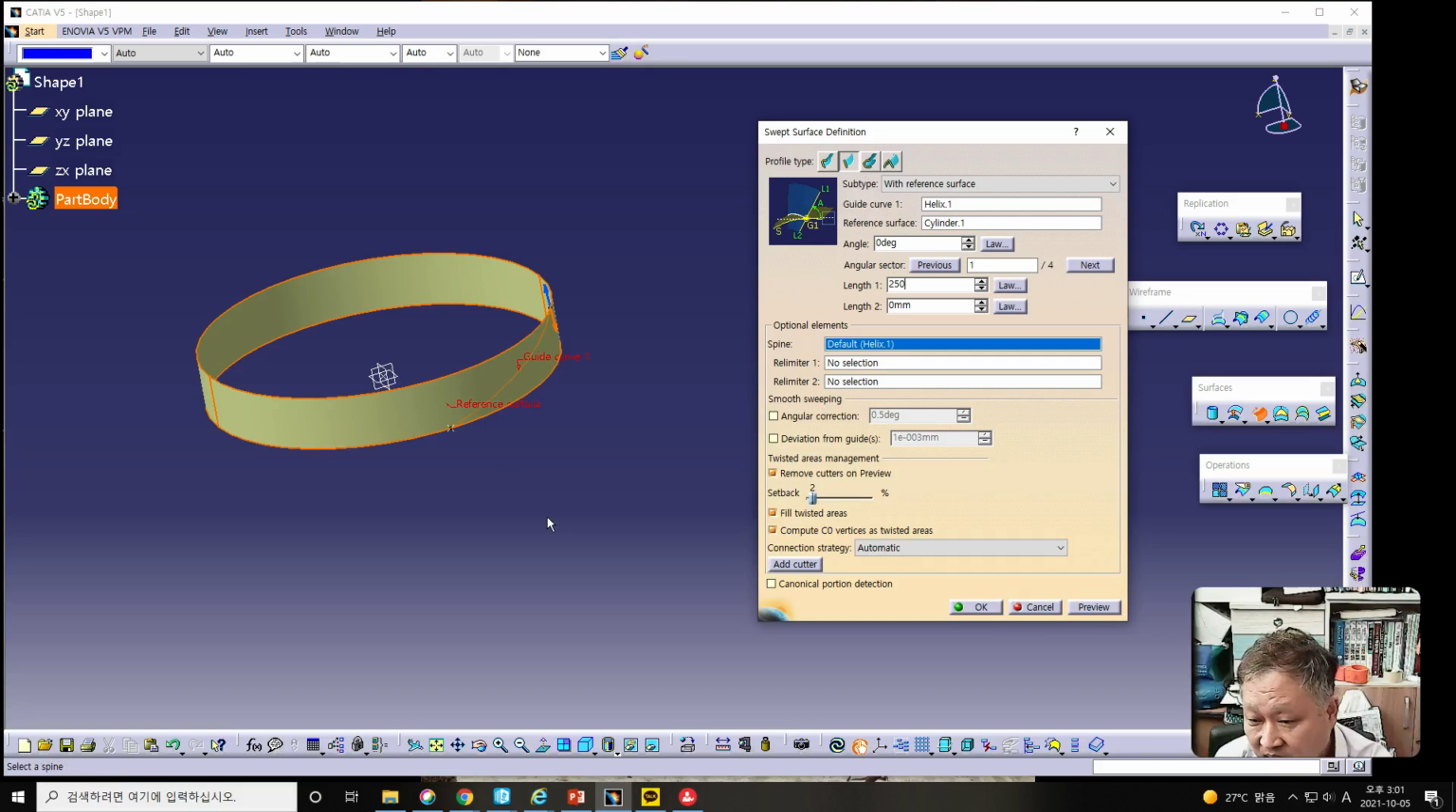Therefore, from here to 250 millimeter length, the sweep surface should be made from this operation, following along this helix. Guide curve is helix, and reference surface should be cylinder 1. Start to cylinder 1. If we click the preview button,